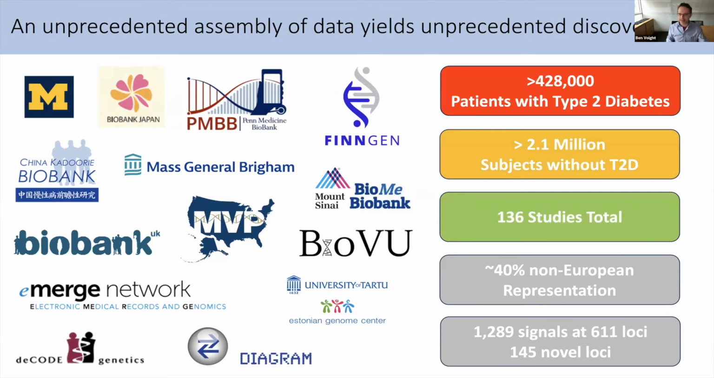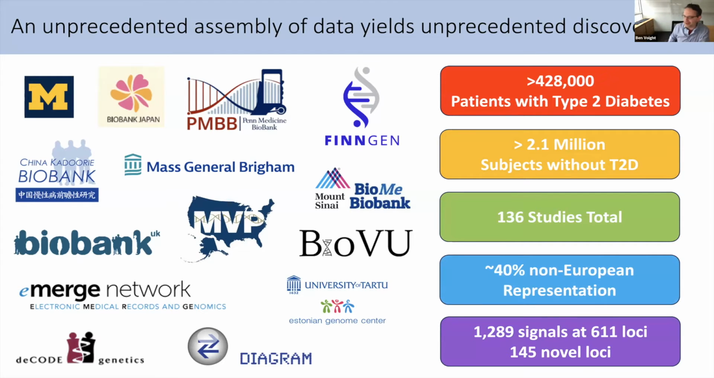And so we did that in this effort, and that ultimately culminated in a little over 400,000 patients with diabetes in a total sample size of about 2.5 million, with 2 million controls. It involved a large number of efforts, not just one cohort but lots of cohorts, over 130 studies in total. And I think the other valuable point here is that,